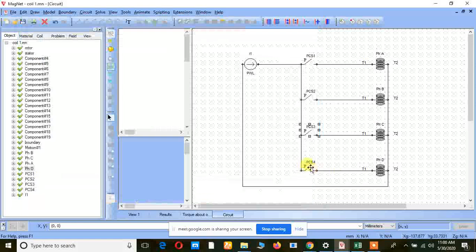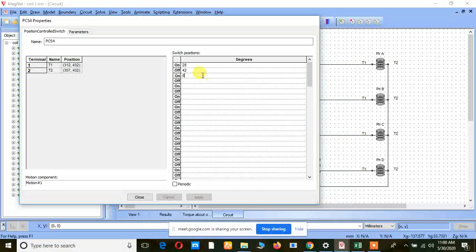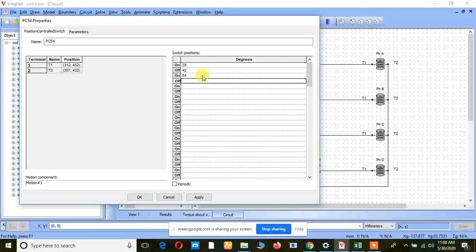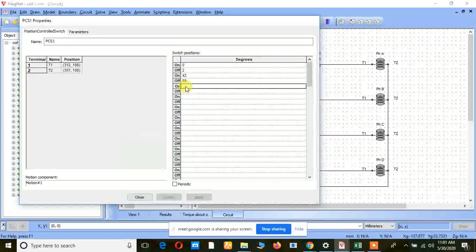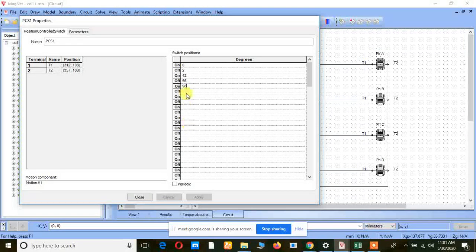So if I turn on at 84, again 14, that is 98, right? Now again I want to give to phase A. So at 98, phase A is turned on. Now I am not going to give the turn off value. What I am going to do here is just go for periodic, so the off value will be taken by itself, right?